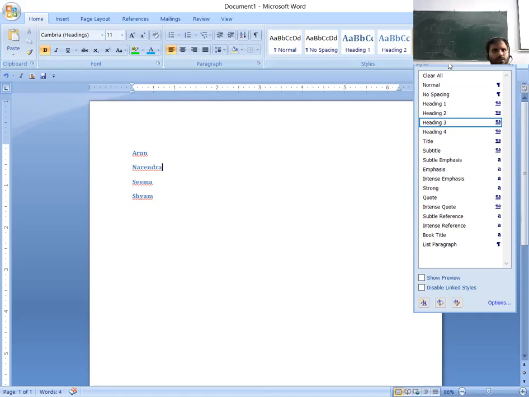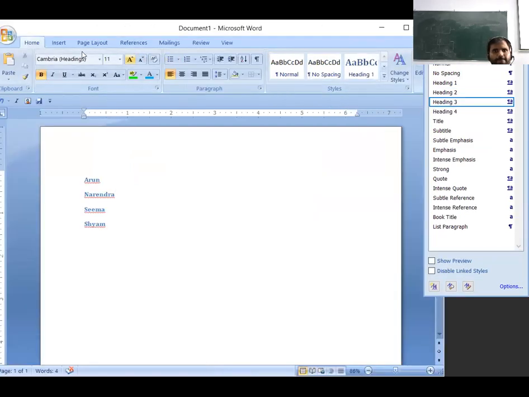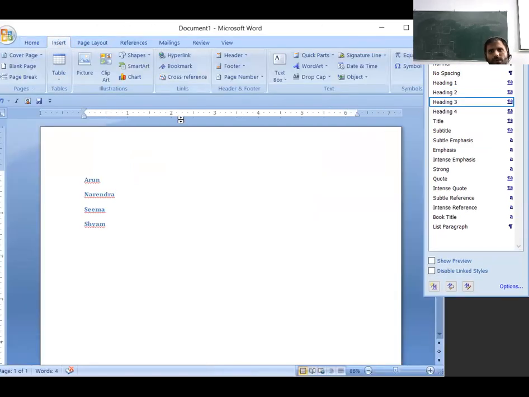We can create a document. So in the next class we will learn about the insert tab and its options.